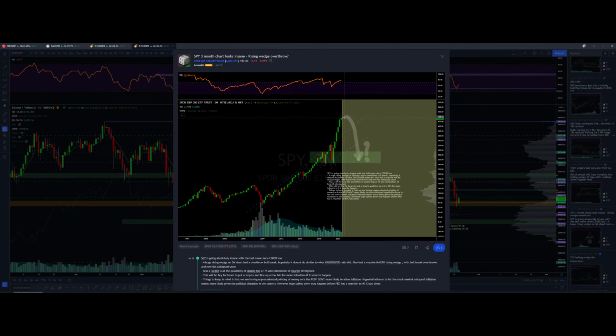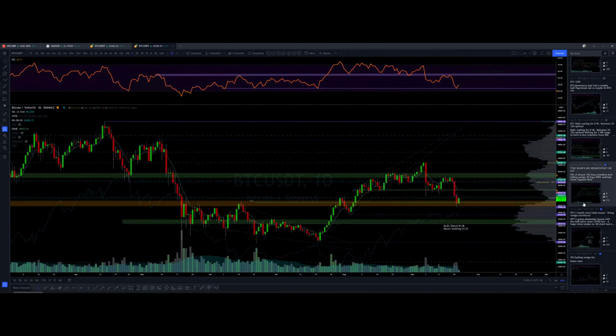It doesn't mean we're going to collapse here, but I'm going to be observing this going into the future. It's going to be interesting if we can come down into this area here. There will be a huge drop for S&P 500, 30 to 40%. So that would be a good buy area for everything, because if we do collapse to here, there's definitely going to be money printing announced. The Fed is going to be panicking. Everyone's going to be panicking. So it's going to be blood on the street. Oh my God. Money printing will happen.